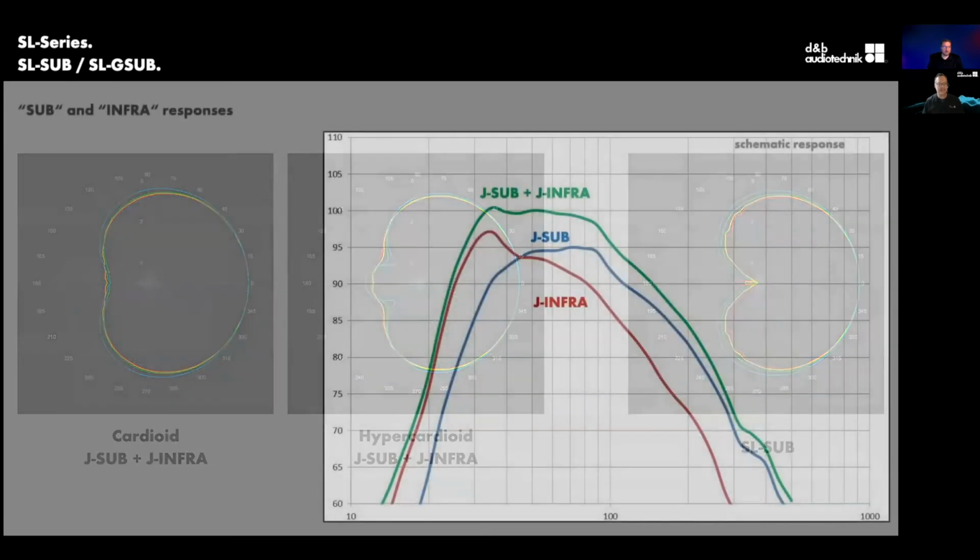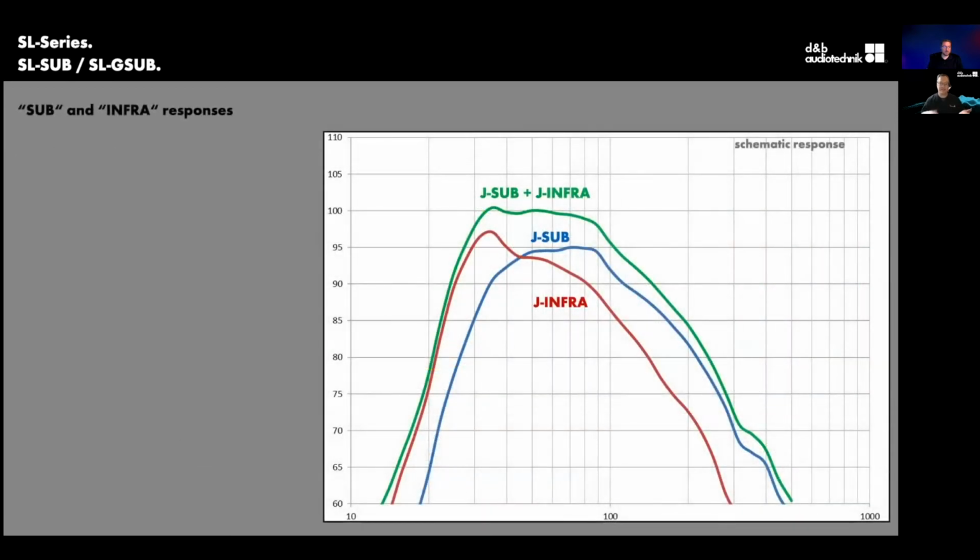So taking that same thought process of a J sub and a J infra, once again, something that was quite commonly used together. So the 2 subs, we can kind of take a look at the individual traces there. So the red trace showing what the infra is doing, and then the blue trace showing what the J sub is doing, to give us a combined trace, which would be the green one there, and seeing what the 2 of those do together to help support the J series.